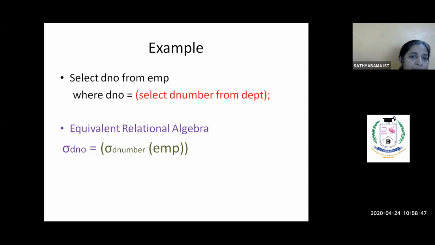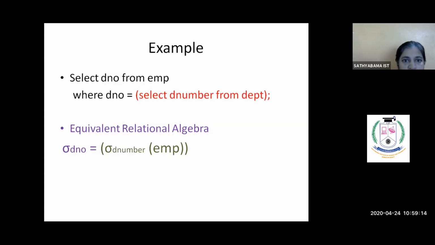It is based on the condition that the DNO from the employee table should match the answer of the inner query. Whichever D number matches the D number of the department table, those records alone will be fetched and given as output. So this is your SQL query.